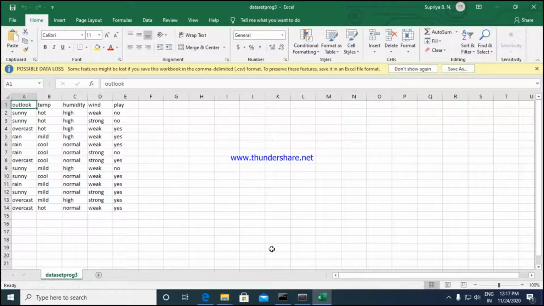Here again we are deciding whether a person could play a sport or not. So how are we deciding this? Based on these attribute values. The first attribute is the outlook, the second one is the temperature, the third one is humidity, and the fourth one is wind. Based on the attribute values, we are going to classify the situation, that is, whether the person can play a sport or not.